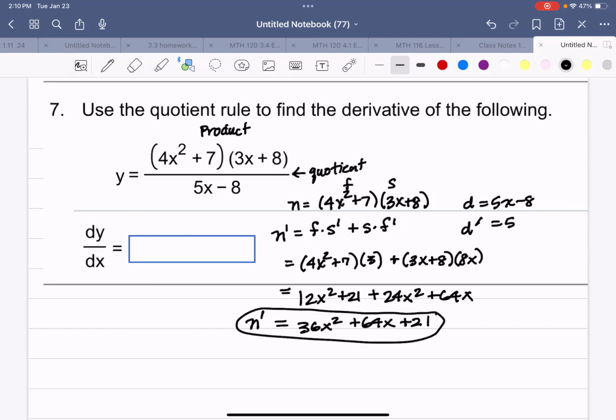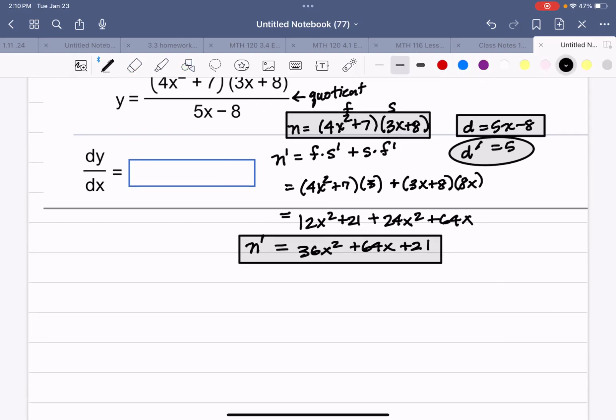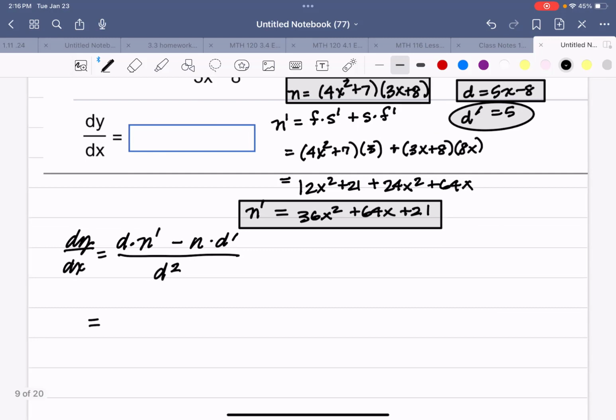So here's your n prime, here's your d prime, here's your n, and here's your d, and we're going to use the quotient rule, which says dy dx is denominator times numerator prime minus numerator times denominator prime over denominator squared, which is 5x minus 8, and that's times the derivative of the numerator, that trinomial, 36x squared plus 64x plus 21